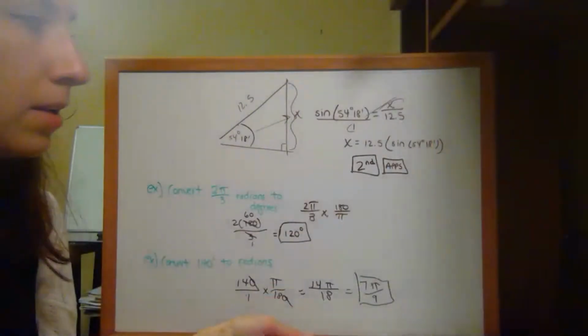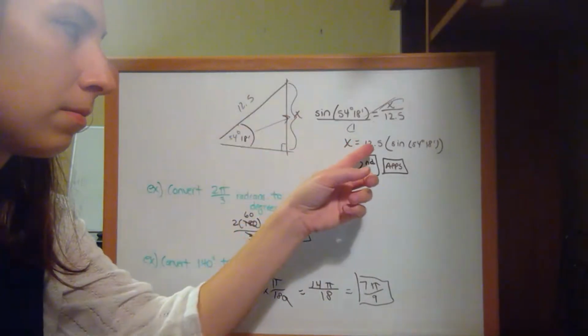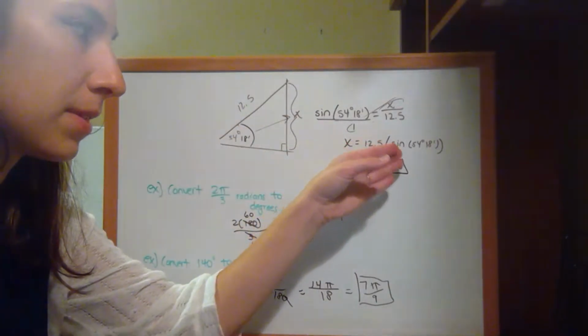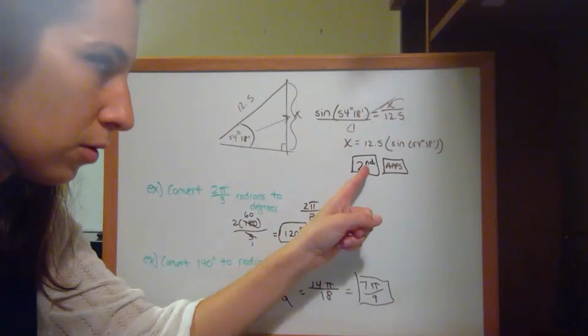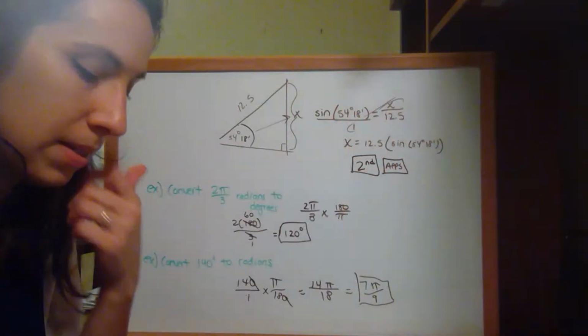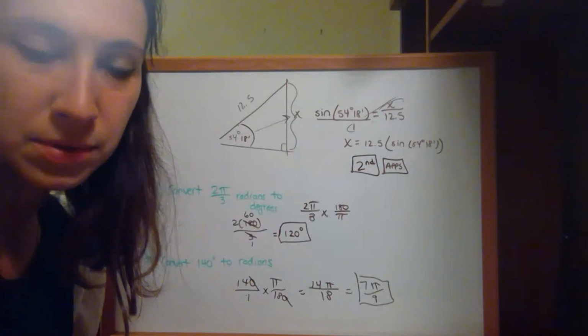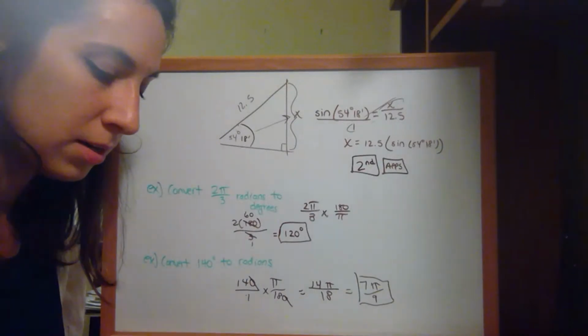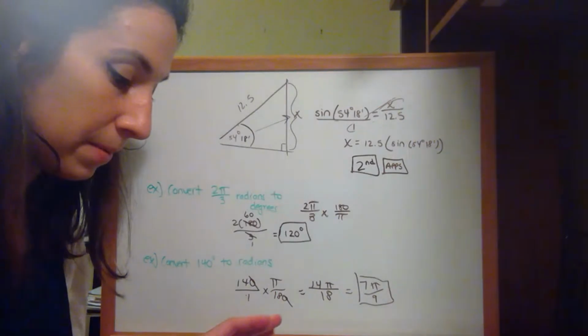Okay, and when you type that in, you just do 12.5 times sine of, and then 54, use the degree, 18, use the little seconds, and then you'll get your answer. Okay, but don't worry about this problem. I know it was like, what in the world? But